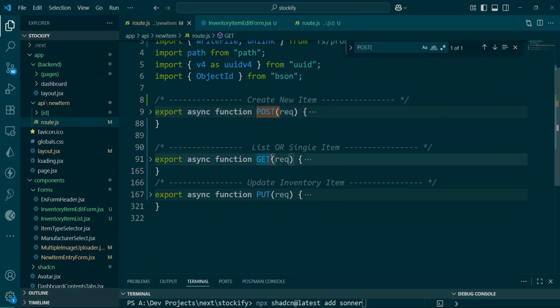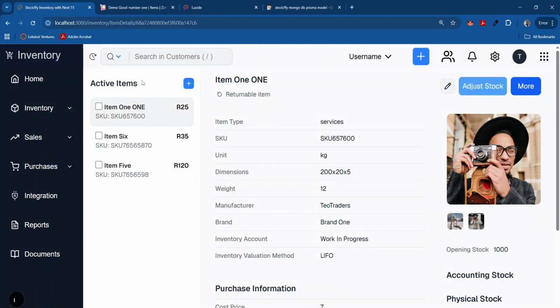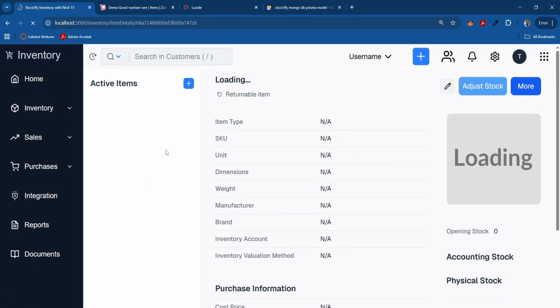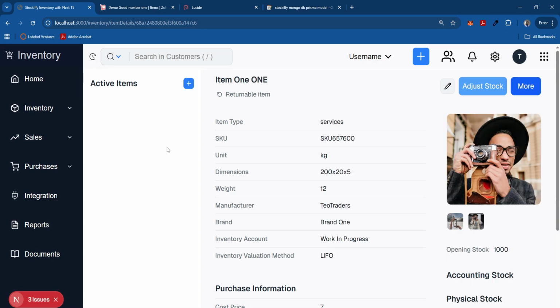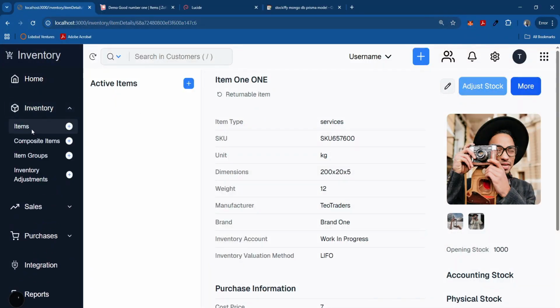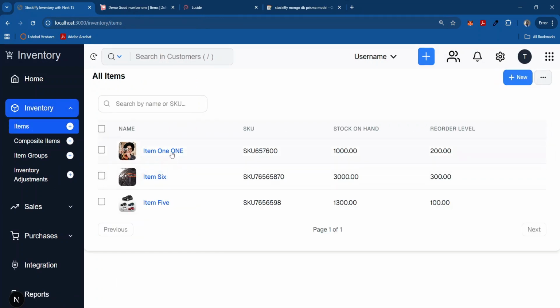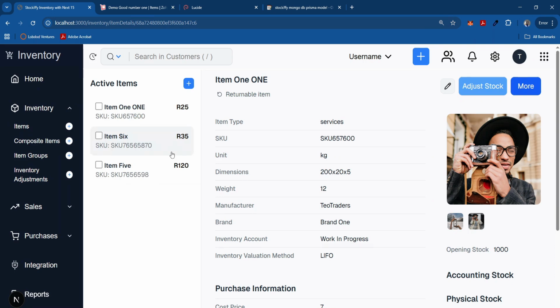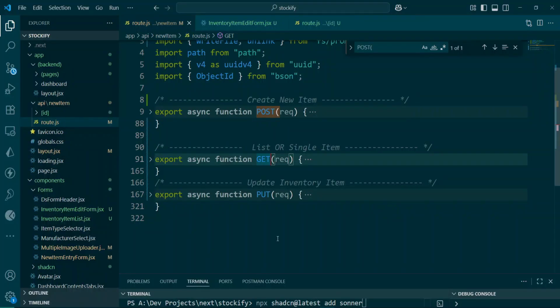For instance, let me do it for you. I have blocked it out, right? Let me refresh and see. Once I refresh, this part of the application is no longer going to be rendered. Why? Because it is the same route handler that is responsible for listing that, as well as listing the main item list. It is the same. Okay, so now that that is clear,